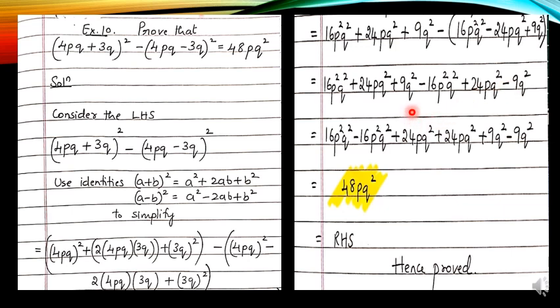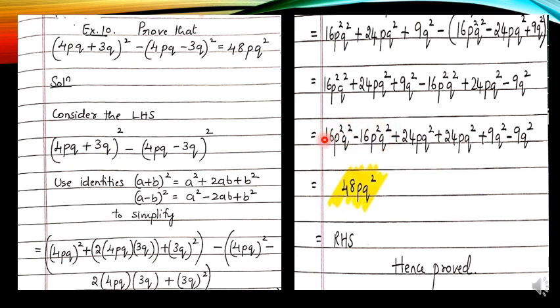After this, in the next step what we will do is, we will write the terms accordingly. That is, according to the like terms we will group them. So 16p square q square we have here also. I will write that along with the sign. It has minus, then plus 24pq square plus 24pq square. These both are like terms, so I will write them together. Then plus 9q square minus 9q square, they both are like terms, so I am writing them along with their signs. Now if you observe, this is plus 16p square q square minus 16p square q square.